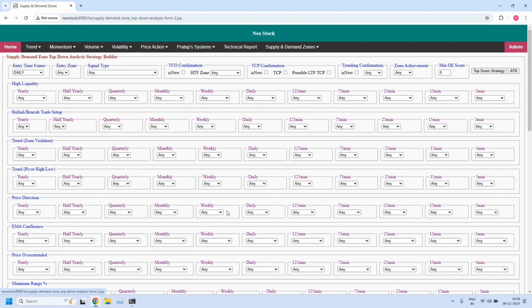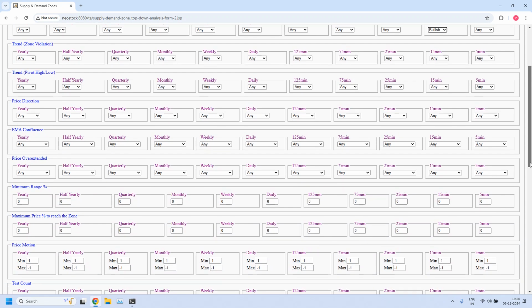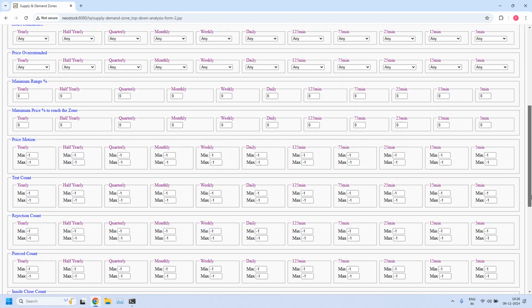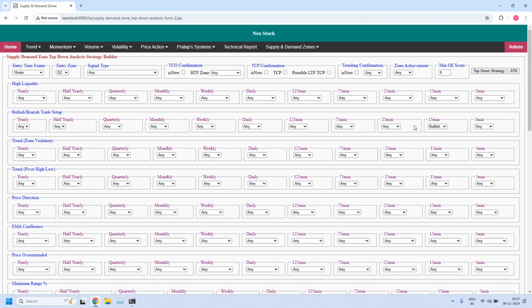Next, bullish trade setup for daily income trade. Entry time frame 15 minutes. Entry zone is demand zone in bullish or bearish trade setup. At 15 minutes time frame, I am selecting bullish, and the 15 minutes demand zone should not be pierced. So in 15 minutes time frame, minimum value I am setting 0, maximum value 0, zone achievement VOZ, minimum order